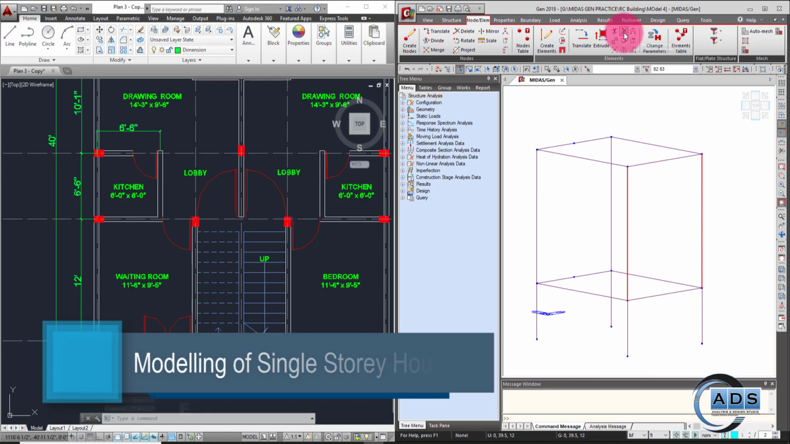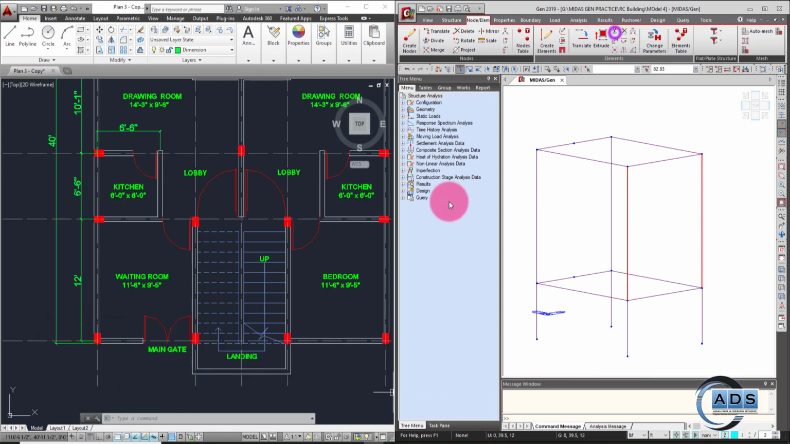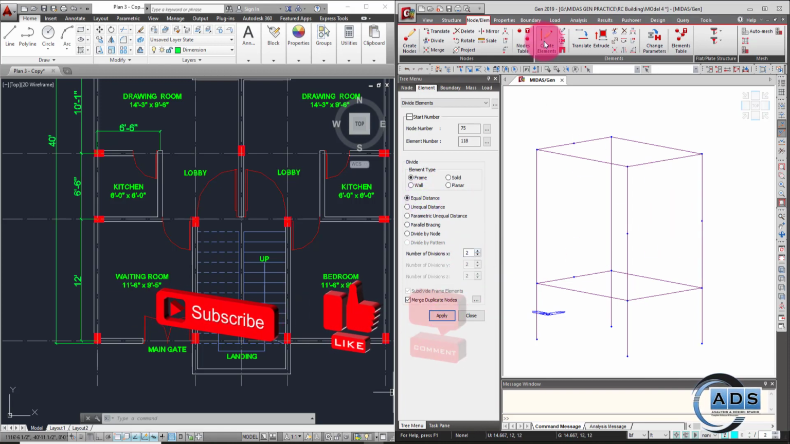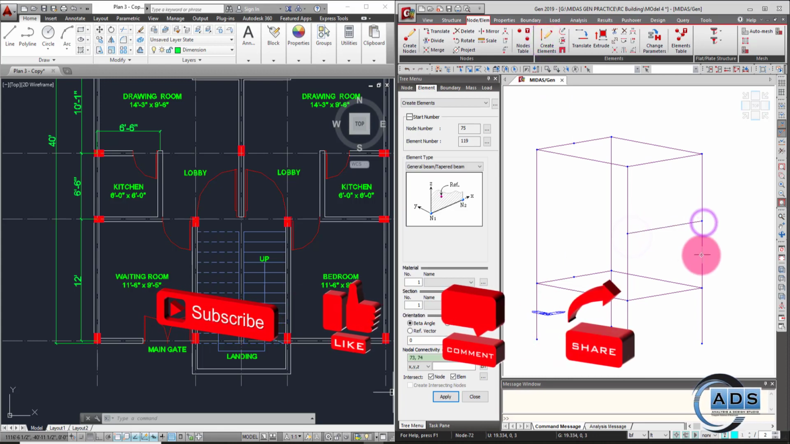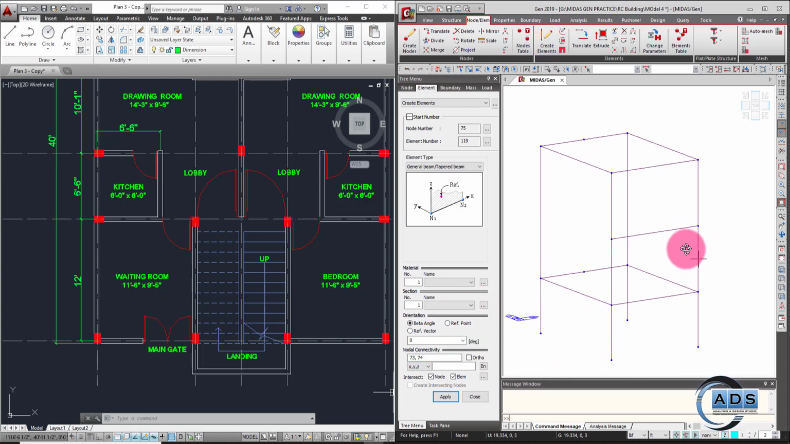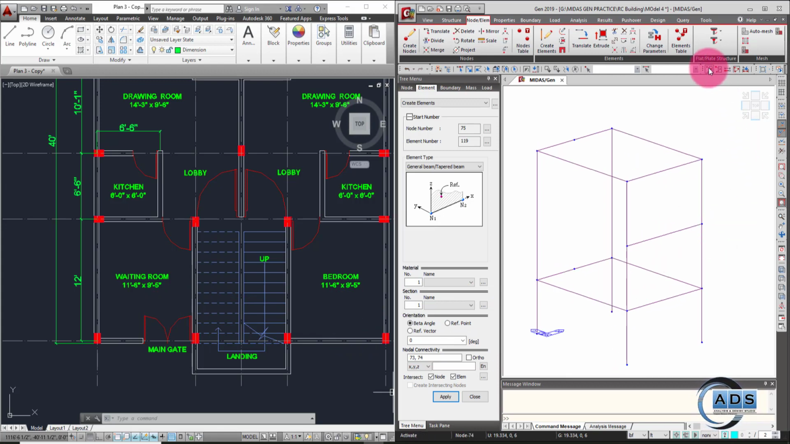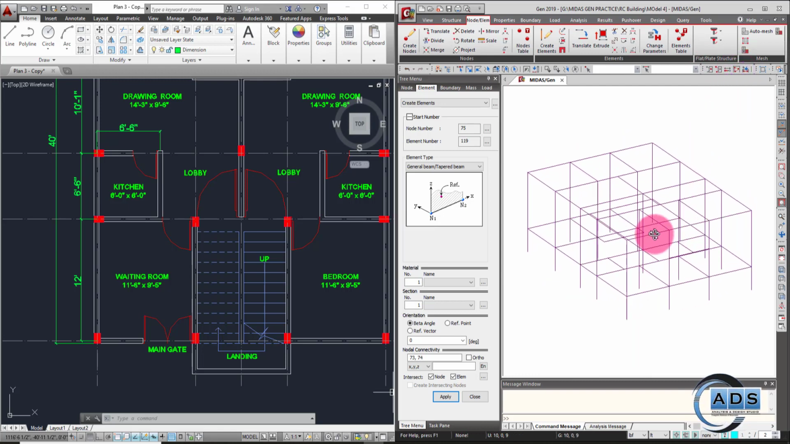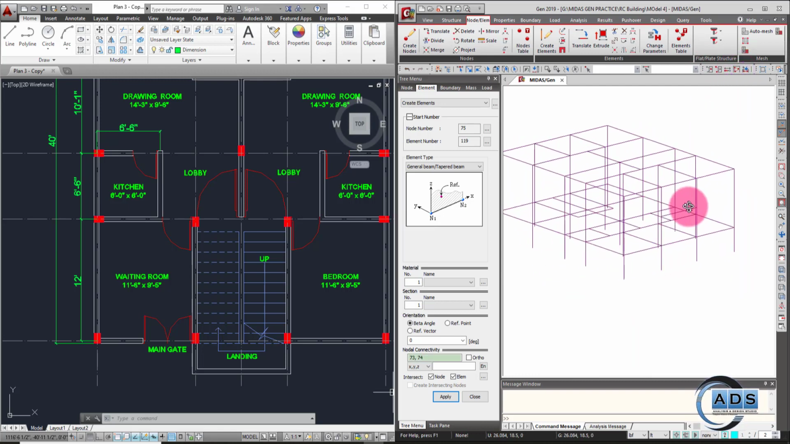So click on the divide element, frame, equal distance, division, number of divisions 2, merge duplicate. Okay, now create this beam by connecting these two nodes. Alright, now select activate all. Okay,